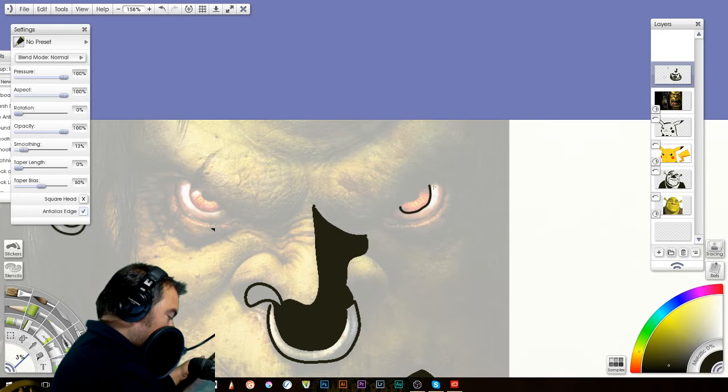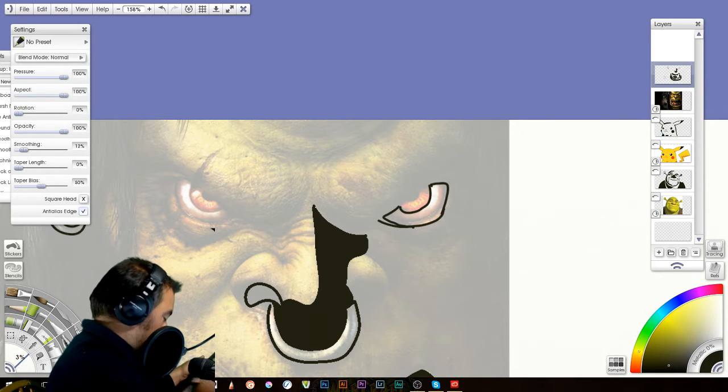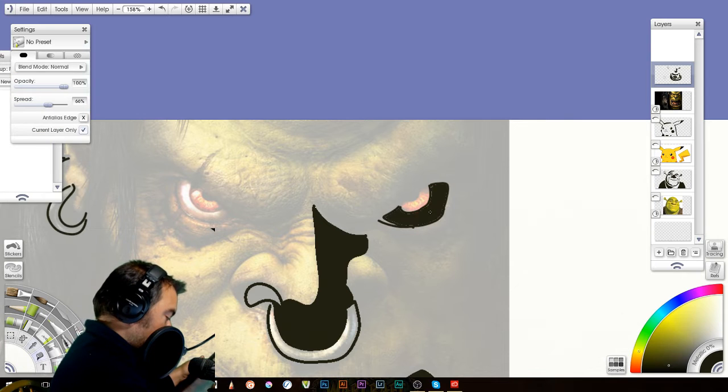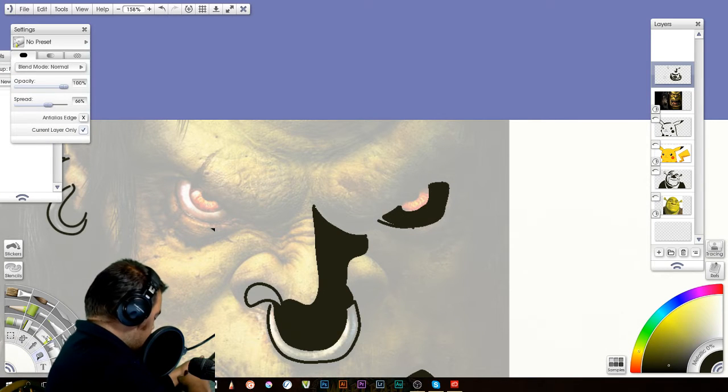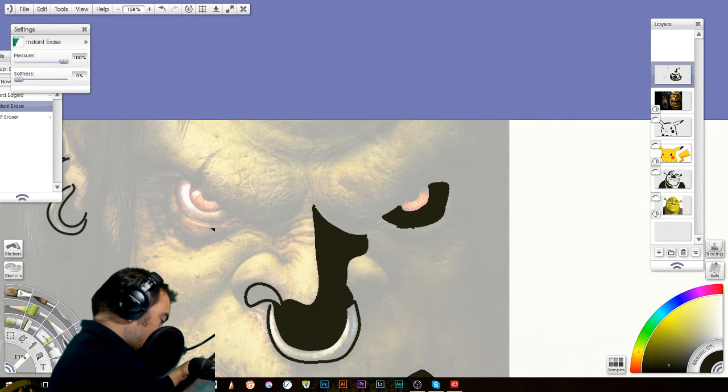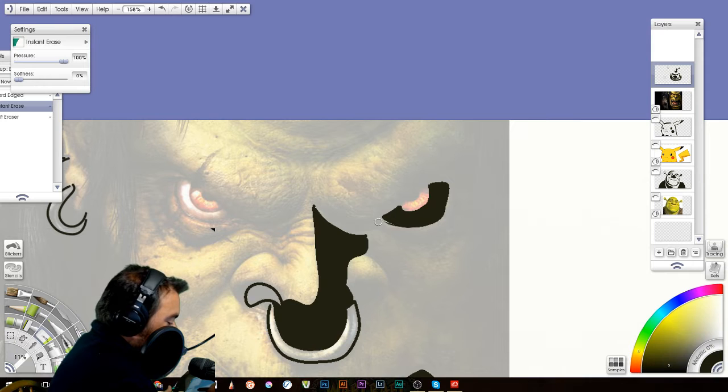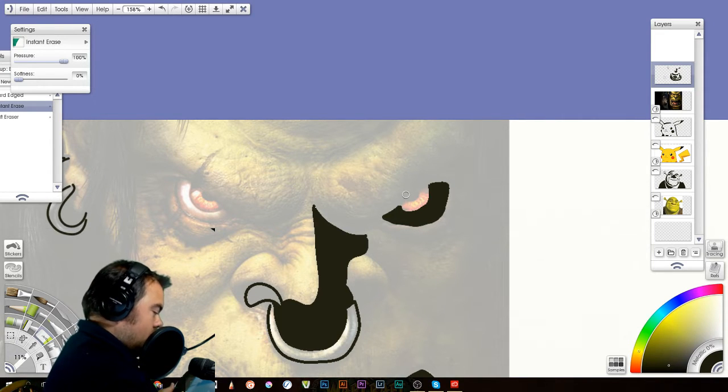When I do this, I tend to leave the actual pupil in connection. There we go. Because then what you can do,